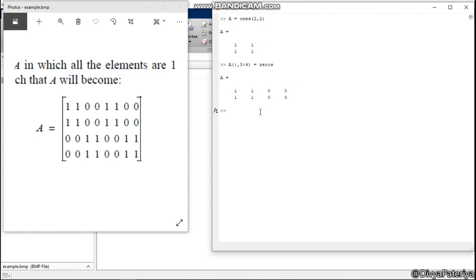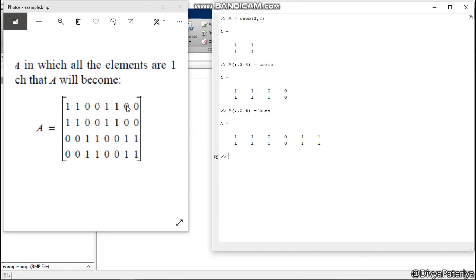Now I have to add ones in it. So I will write this: in all the rows and fifth to sixth column, we have to give ones again. Now we will have this part.